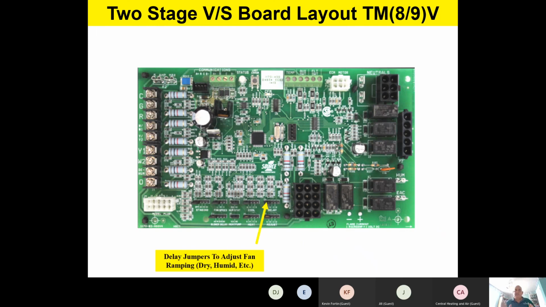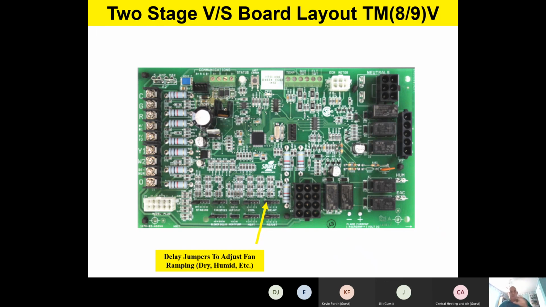Now this is where we start getting a little bit different with a variable speed board. The variable speed board, again, is going to have everything harnessed in, and you're going to make speed selections on the fan motor based on jumper selections. So on the variable speed, we have what we call a delay jumper. This delay jumper allows us to adjust the fan speed and some ramping operation based on your local geography. So if you take a look at your install information,